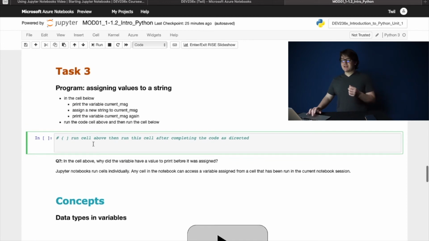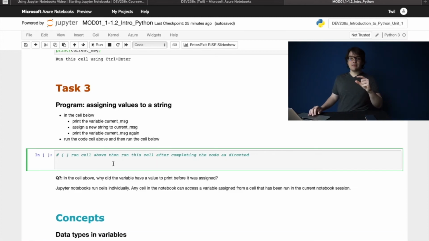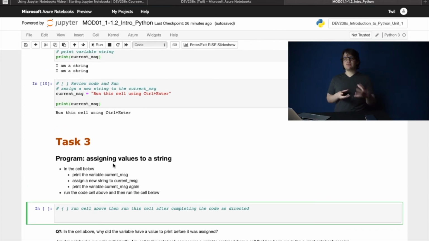So we have task number 3. We need to build a little in this cell. Like they say, we need to print what is in the cell above, which is this one. Then we will need to reprint and assign a new value to the variable. Because they want to show you how in Jupyter Notebooks you can connect the cells.